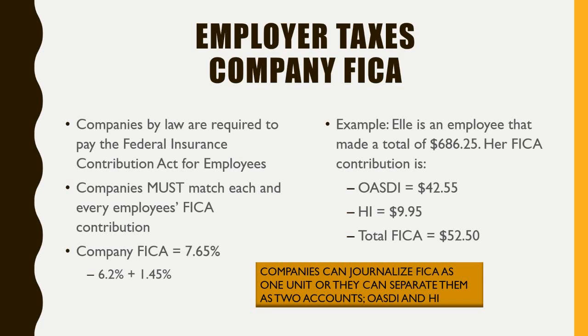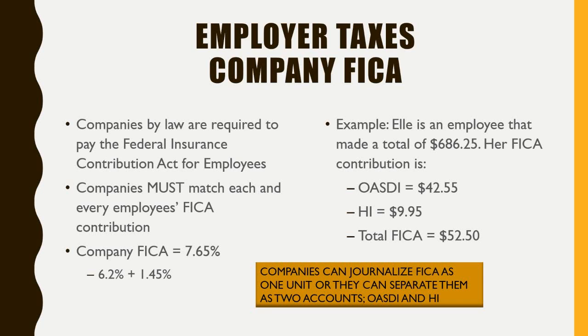In this case, the total percentage is going to be 7.65%, okay? And again, with this same exact scenario, she made a total of $686.25. So we are going to multiply that to get us a grand total of